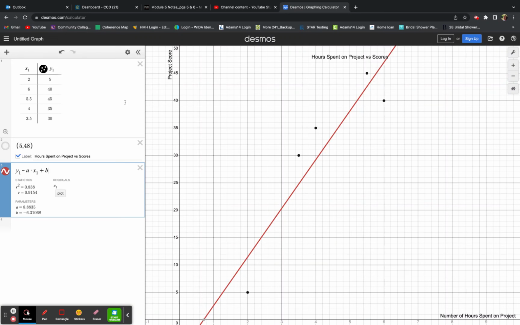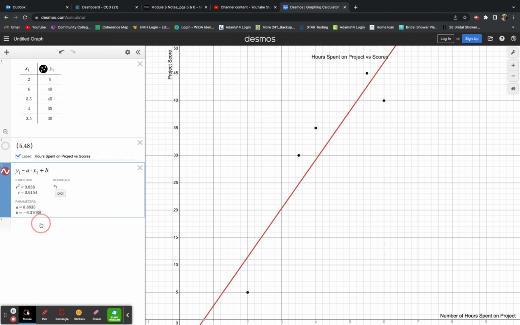I could go back up and change it to black if I wanted. Notice this gives me my R, that correlation coefficient that we just found in Excel, exact same thing, 0.9154. I have got a slope, an A of 8.8835, and an intercept of negative